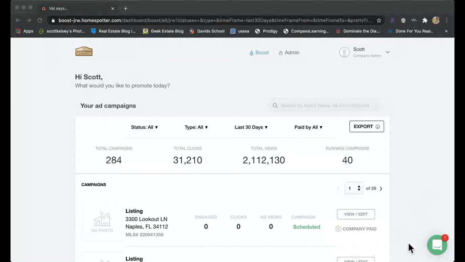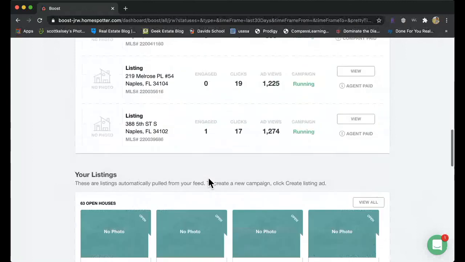Judy, how do I change the focus? Hang on, Billy. How do I change the focus of the ad to go to Park Shore if the property is located in Old Naples? Let me see if I can jump in on somebody's here.